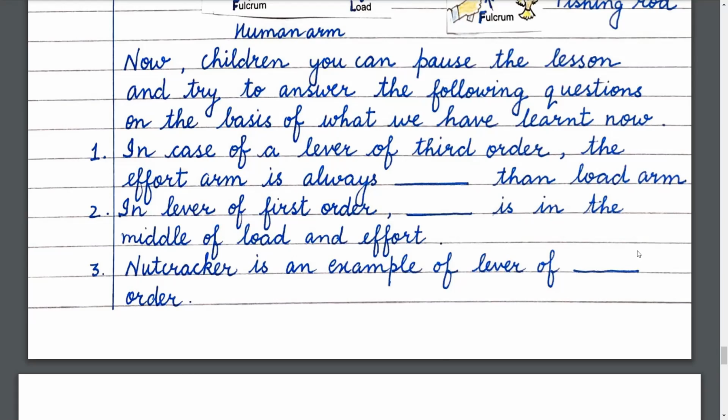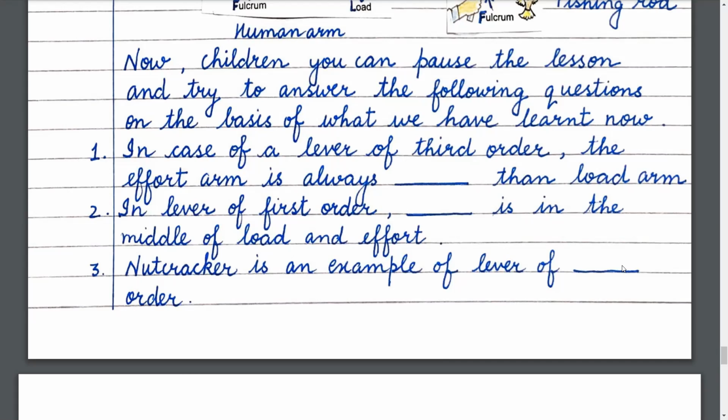Question number 1. In case of a lever of third order, the effort arm is always dash than load arm. Number 2. In lever of first order, dash is in the middle of load and effort. Number 3,